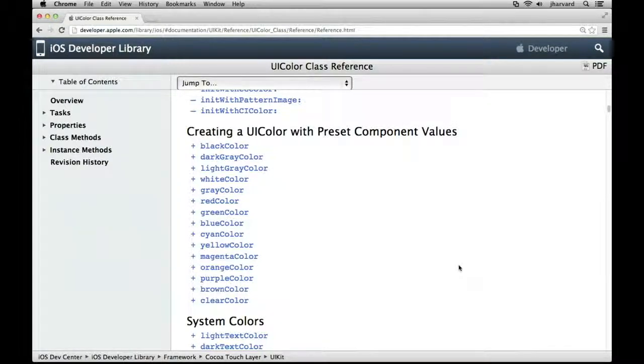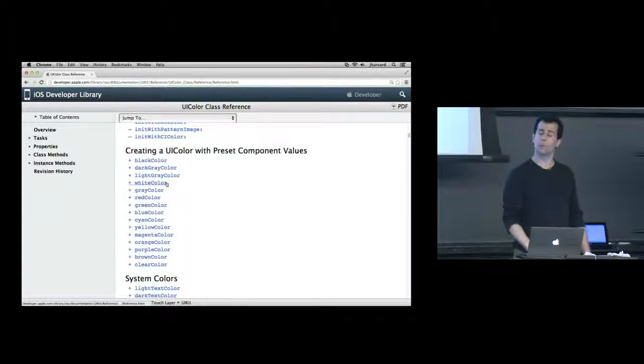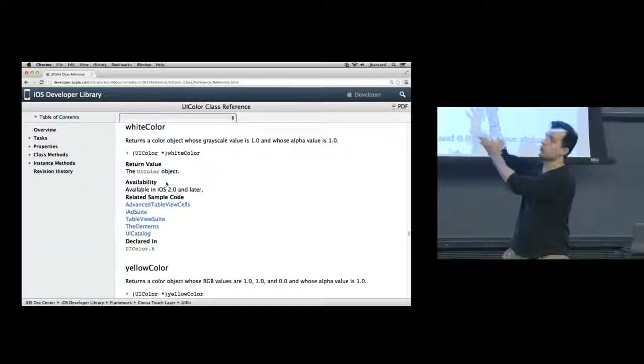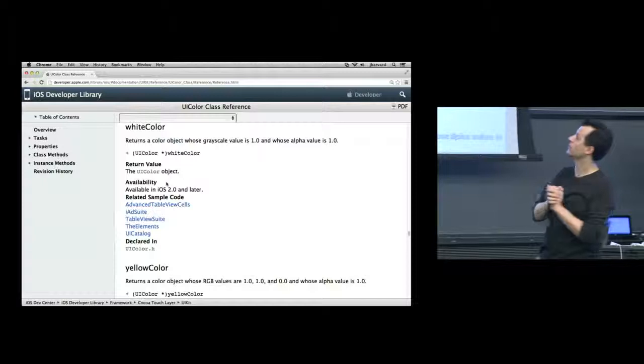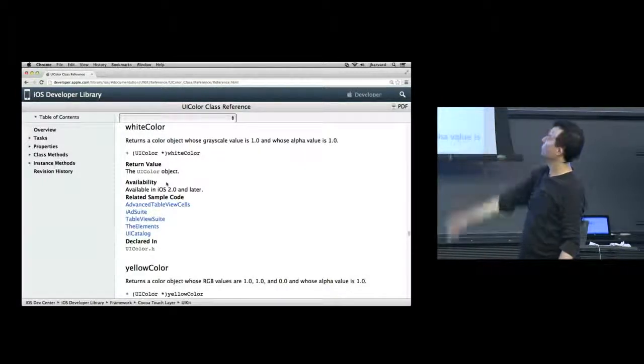But there's whiteColor. So if we click on whiteColor, notice that it's also a plus, so it's not a property. It's a method that gets passed to an object, a message that gets passed to an object, and there's its documentation. And let's consider this as representative of the rest of the docs. Returns a color object whose grayscale value is 1.0 and whose alpha value, which